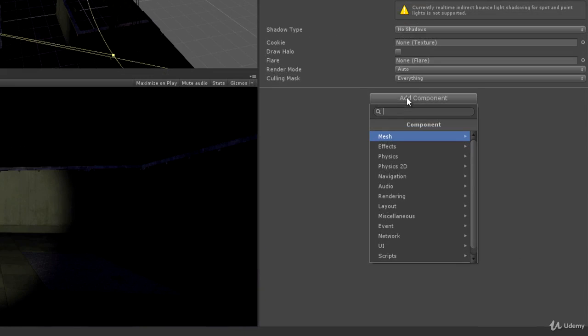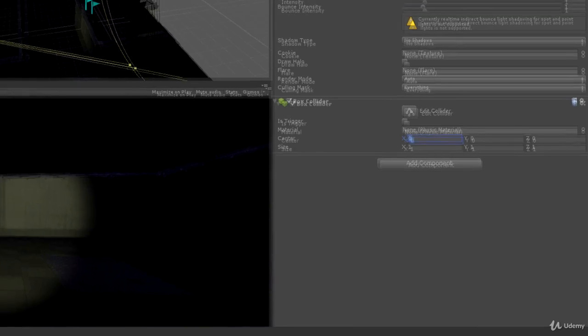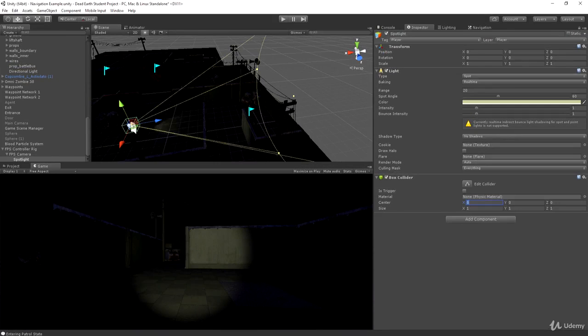So I'm going to click on the add component button, type box, and then choose box collider. Now, of course, this is going to create a box collider at the actual light's position. So we want to move the center point halfway down the cone and then increase the size of it in the Z extents. So I'll try something like, I don't know, 7. So you can see that's moved it 7 along its local z-axis,